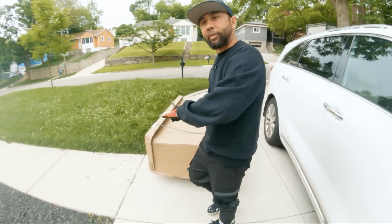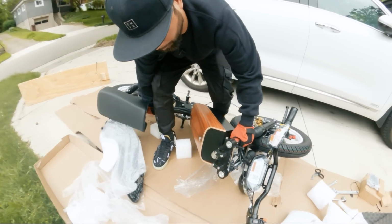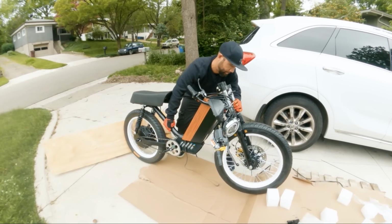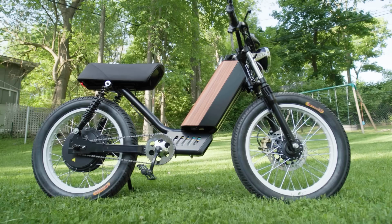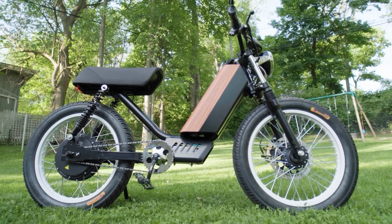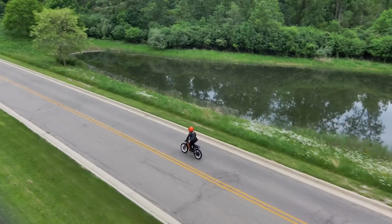If storage is an issue, this is a big thing to consider, as carrying the CTY2 up and down stairs would be really difficult. The Astro Pro and Revv 1 are no lightweights either, but can be manageable by removing the battery. Design. The CTY2 has a retro moped-style design mixed with modern aesthetics that's meant for the street